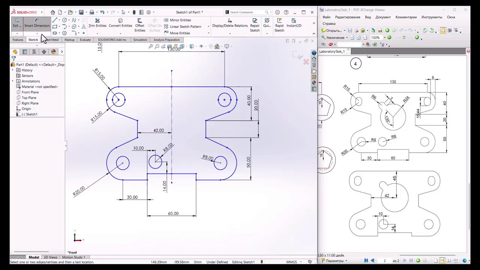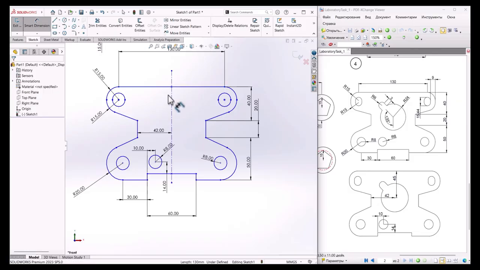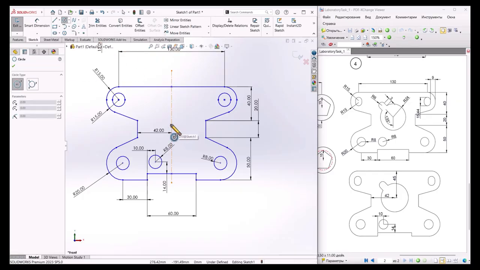So another dimension from here to the center. To make this center, we need to make a point somewhere, or just make a circle which is lying in this line, but don't use the center of this line. Okay, so middle point. Every line has a midpoint. So if you put it here, that will be